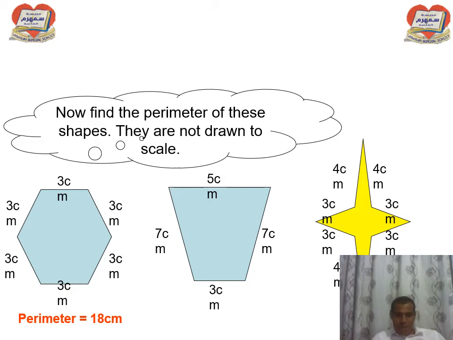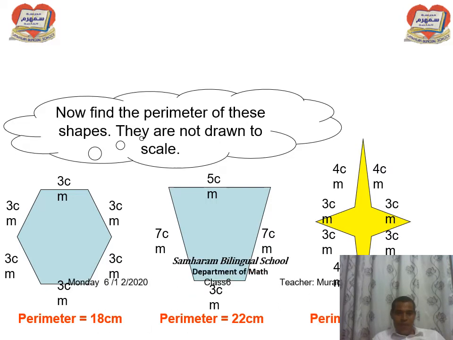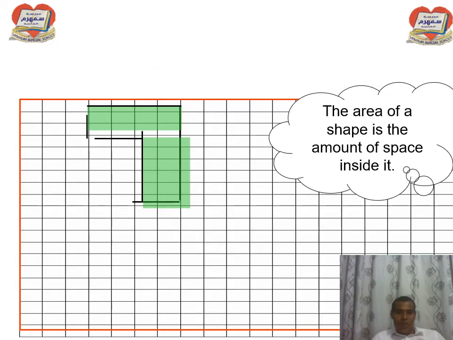Plus 7 centimeter is 17. Plus 5 is 22 centimeter. So the perimeter of this one is what? It is 22 centimeter. Okay, now my learners, the area of a shape is the amount, in fact, of space inside